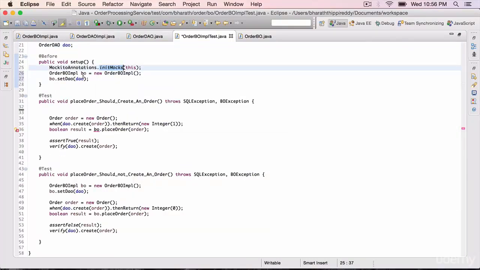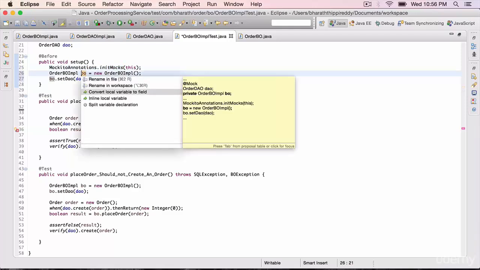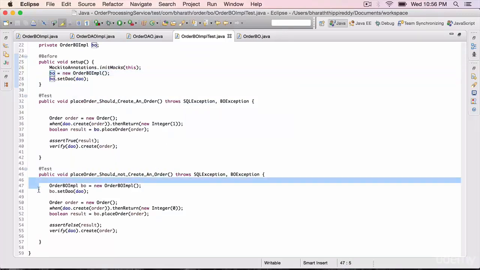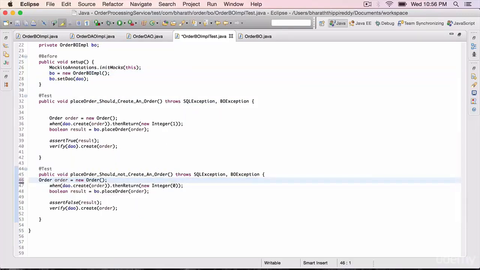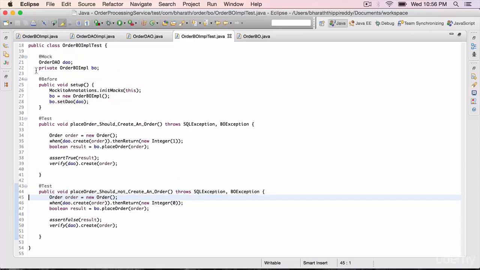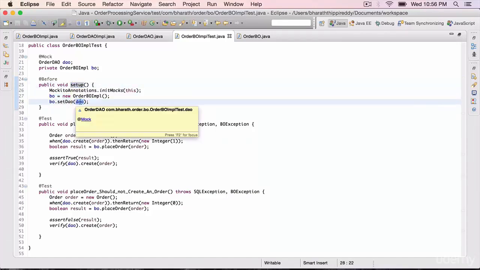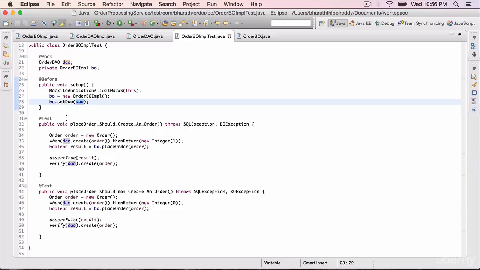And then we can convert this BO by hitting Ctrl 1, convert local variable to field. And then we can delete these two lines from the second test method. So we are reusing the class under test by making it a field, and then we are instantiating it inside the setup method, and we are also setting the mocked out DAO within the setup method.